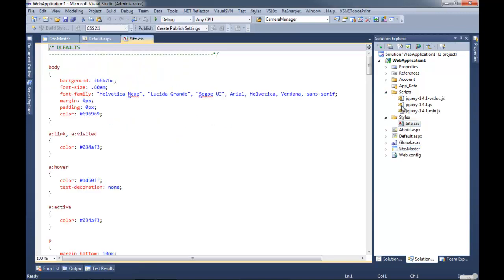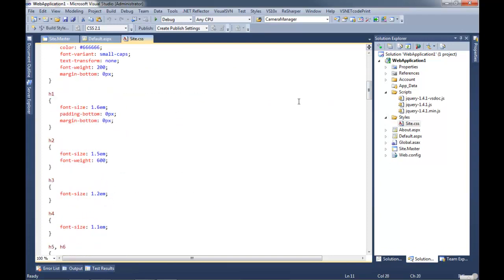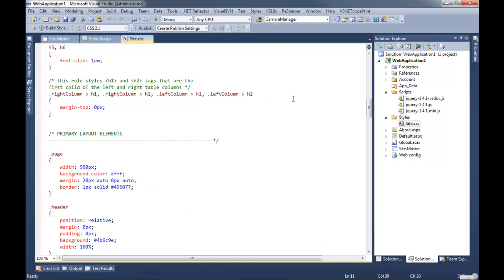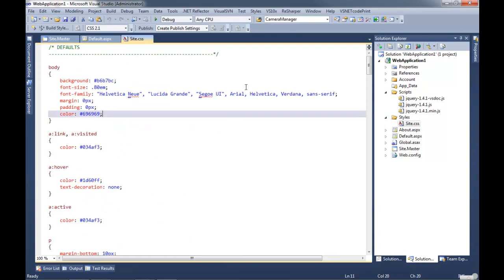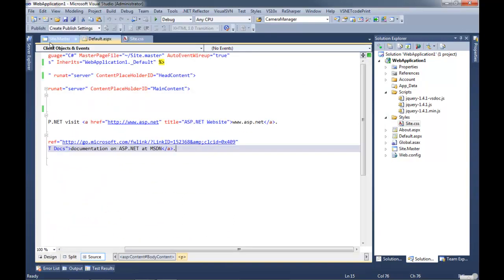I love this about ASP.NET 4. They started shipping jQuery with everything instead of their weird Microsoft JavaScript thing that nobody liked. So we'll get into jQuery in the future. So here's the CSS that's responsible, and we'll definitely get into that more later.